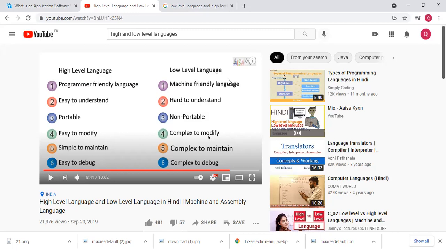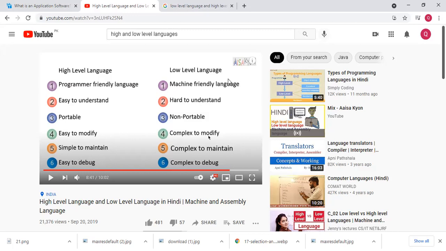As the word dependent means, you are relying on or supported by something for your usage. Machine language and assembly language, again, come in the category of low level language.